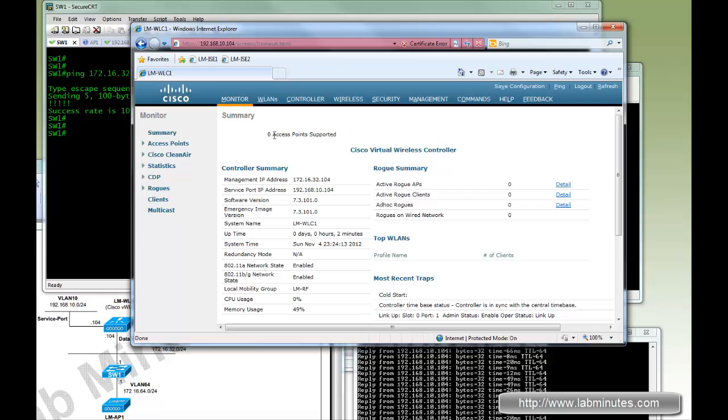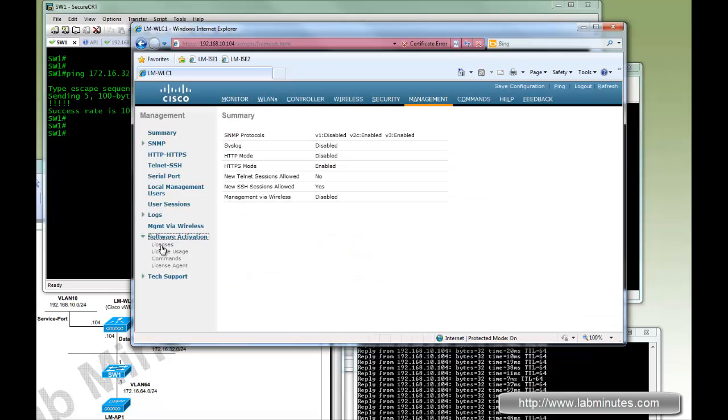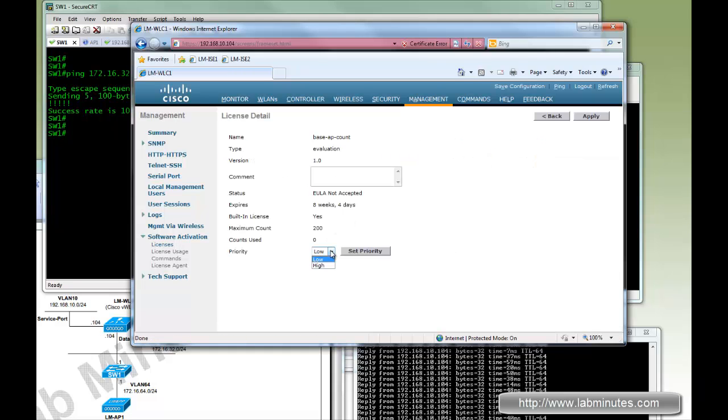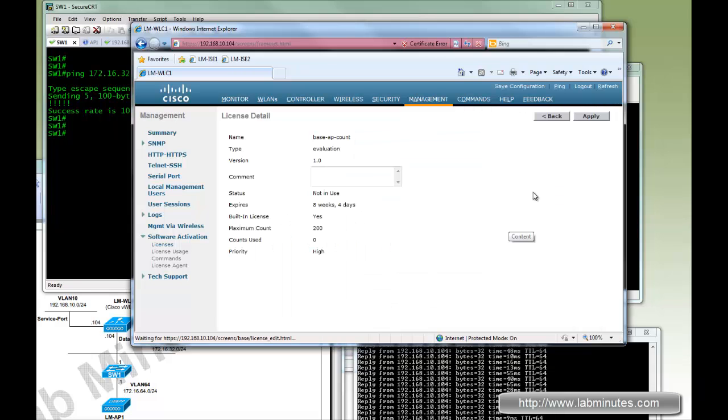Okay, the first thing to notice right here is the count for the access point support is 0. Okay, and that's by default. There's no license installed. So the next thing you need to do is to switch on or install your license, but for us we're going to do evaluation license. So you go to management and software activation licenses, and we're going to have to switch the priority from low to high. We'll set the priority, click OK, accept the EULA,